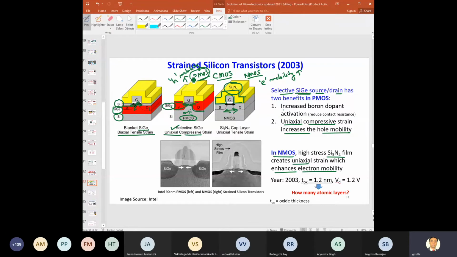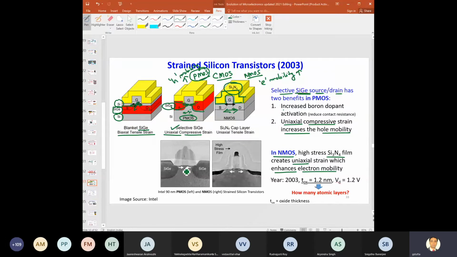The delay and all this stuff also depend on this mobility. So it is important that we make the mobility higher. These techniques are used to make that mobility higher, because when you make the channel so small, some other scattering mechanisms come into play compared to long channel devices,